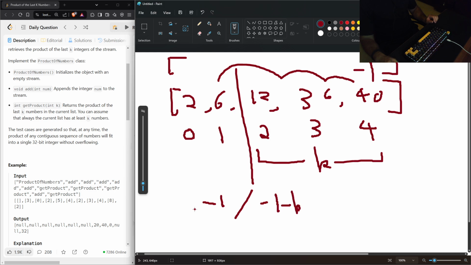These are the index values, and to get the actual value, we'll have to just put the list in front of it so that we get the actual product value. This indexing part, I hope you are getting it, because we are shifting with k. So that's how we are getting the last k products, by shifting this -1 with a k times, so that we divide this entire product